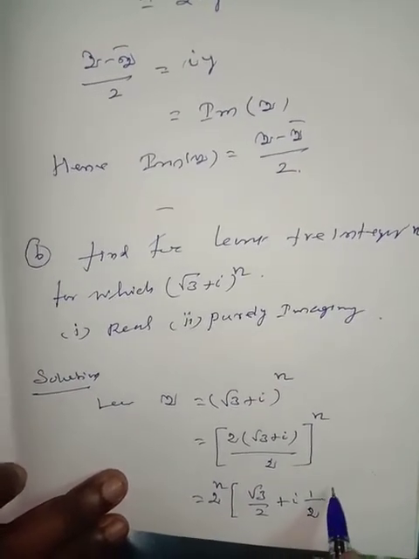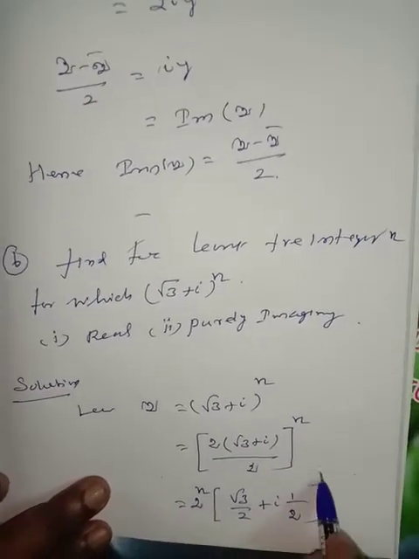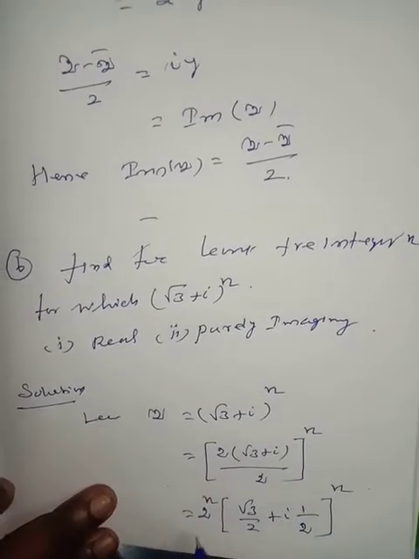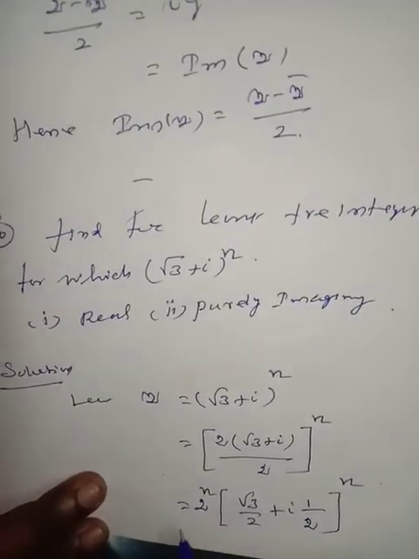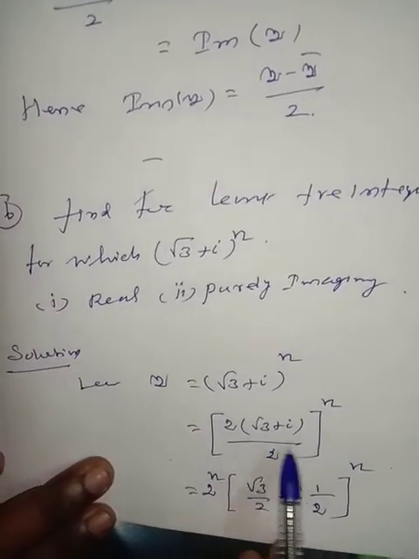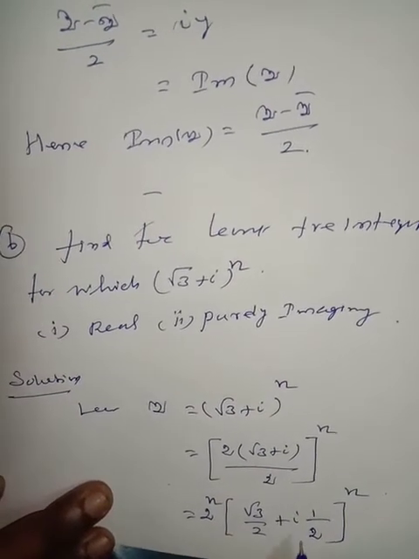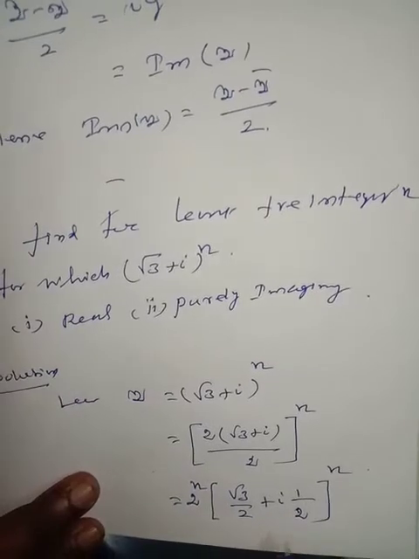1 by 2 power n. This can be split into two parts. One is 2 to the power of n outside the bracket. Next one is root 3 plus i divided by 2. Individual division will be taken. Therefore, (root 3 divided by 2 plus i into 1 divided by 2) whole to the